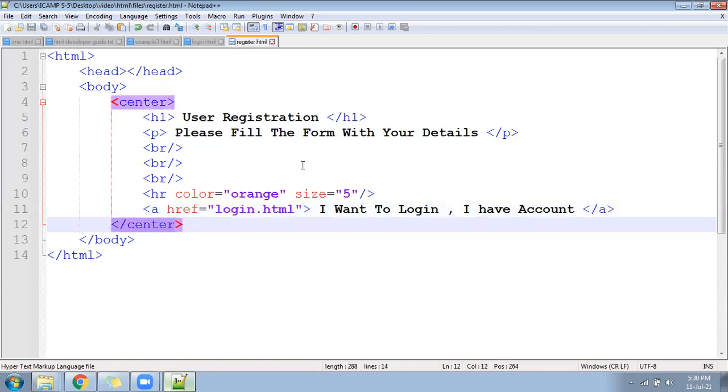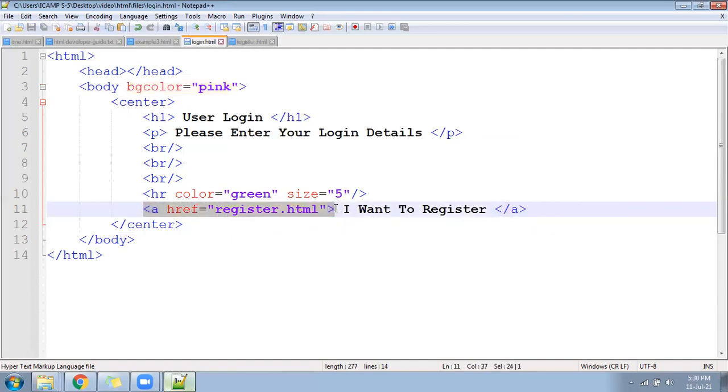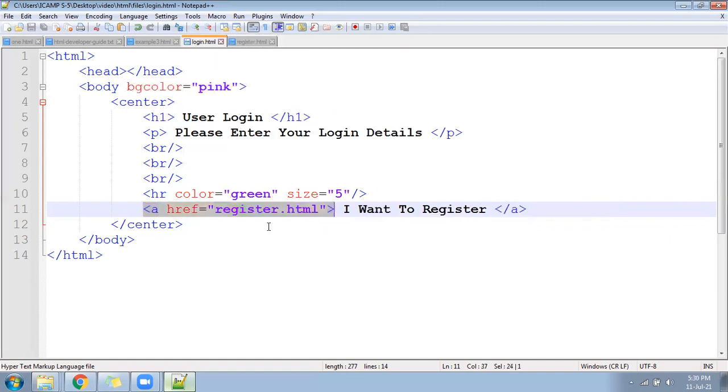You can see that you created two pages, login and register. The register page is linking to the login page, and the login page is linking to the register page, right? Now you can see here the file name should not be something else. Okay, see, my file is called login.html. I have given login here. In the previous file I have given register. Why? Because my next file name is called register.